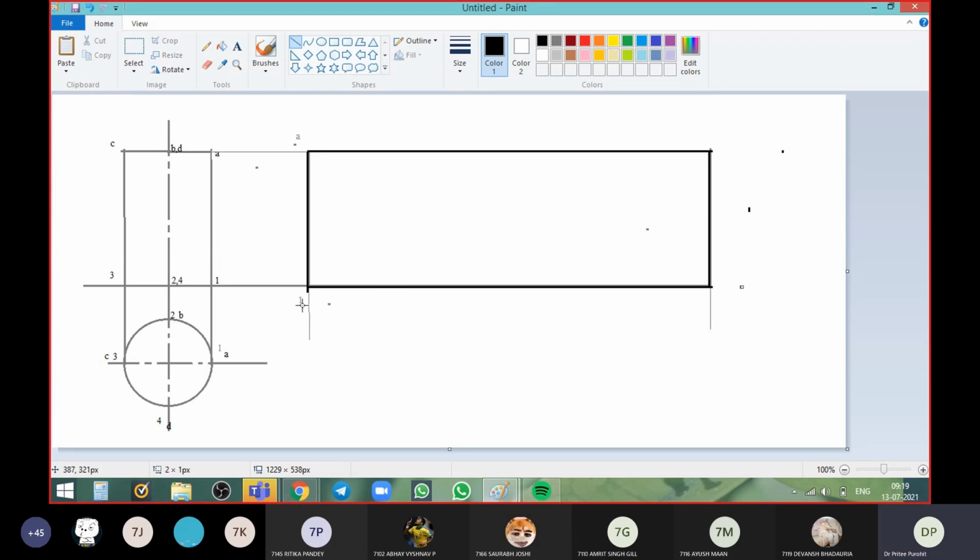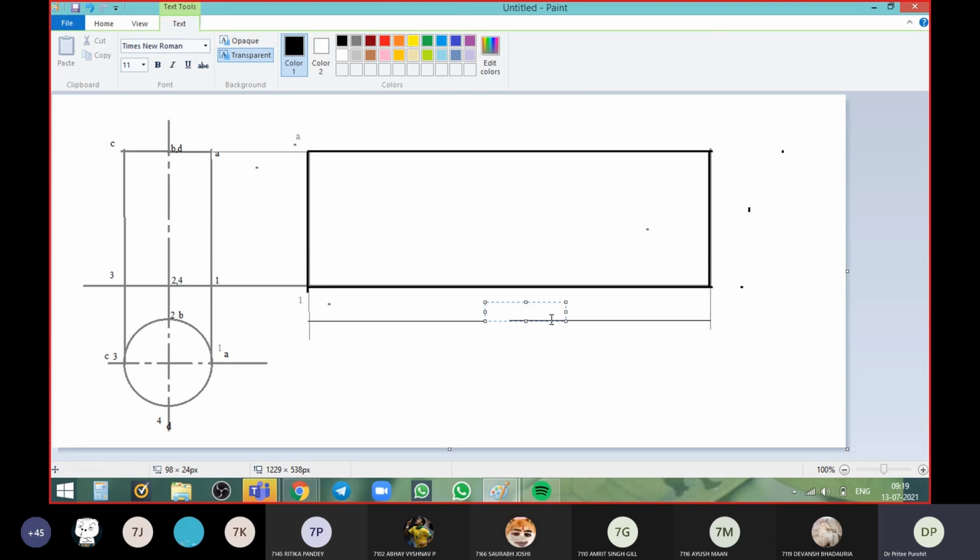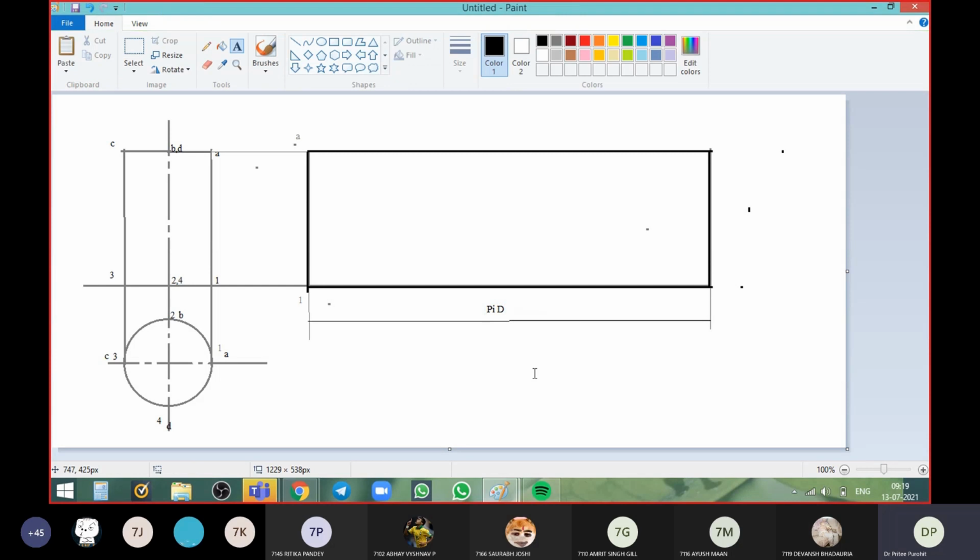Now we have given some names, 1 to A. Okay. So what we will do now, we have divided the circle in equal 4 parts. So we will divide this pi d distance using arrows. You can write this dimension. Now I cannot draw the arrows, but I shall simply create a dimension line here, and I shall try to write the dimension over this line. So here the distance is pi d. Now writing pi is also not easy here, so I will write pi d just to make you understand, but you have to write the symbol pi.